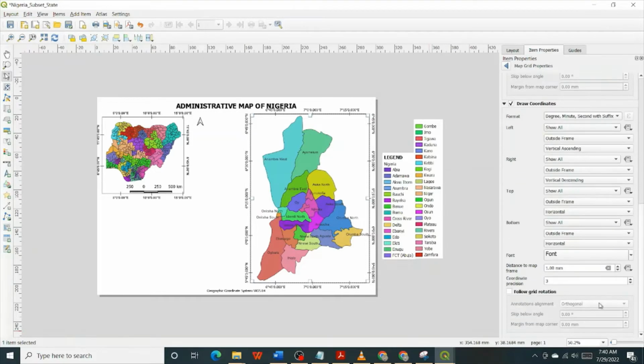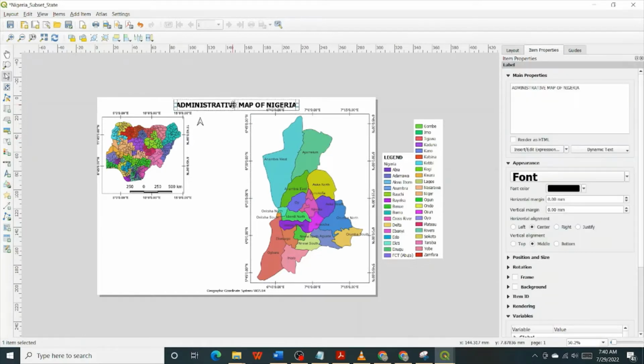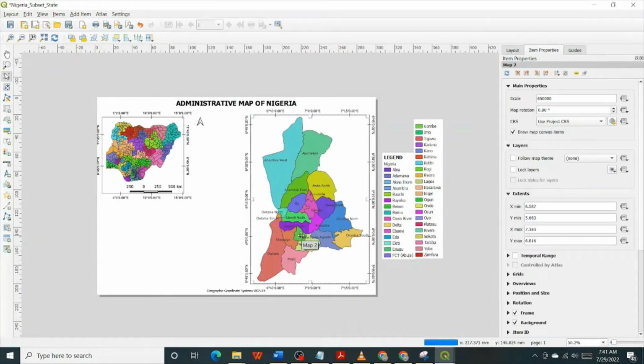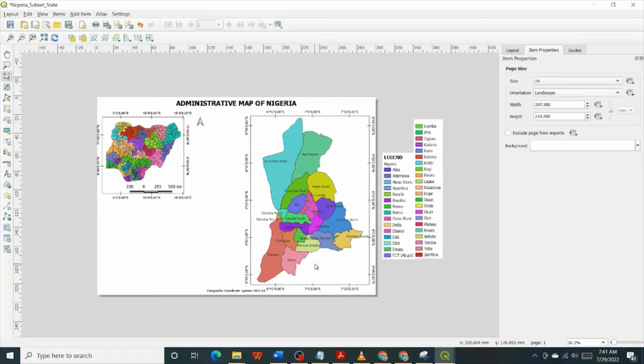Scroll down further. I want to make it one, two decimal places at most. So coordinate precision decreased to 2. So it becomes 0.00. So that makes it a bit less cumbersome. Move the title up so that it doesn't really interfere with the map itself. You can still move the map down a bit. The choice. So now that this is done,